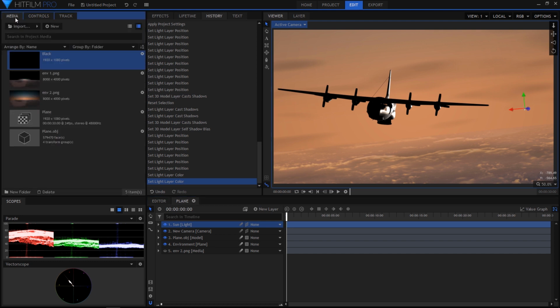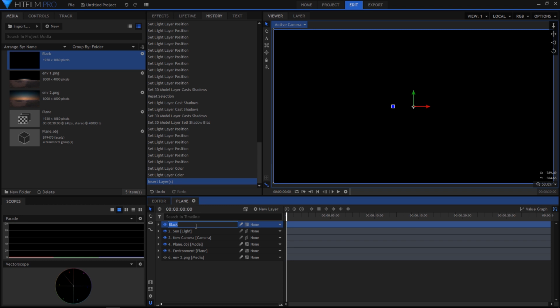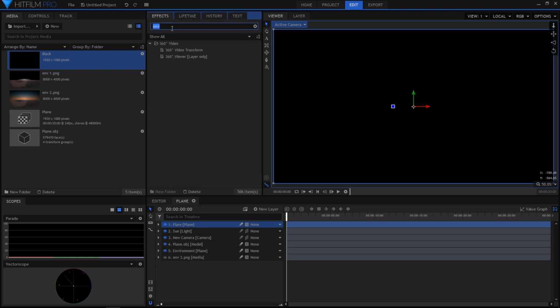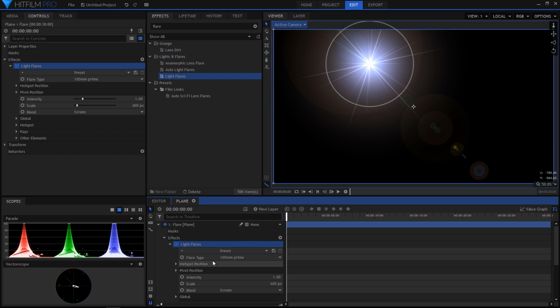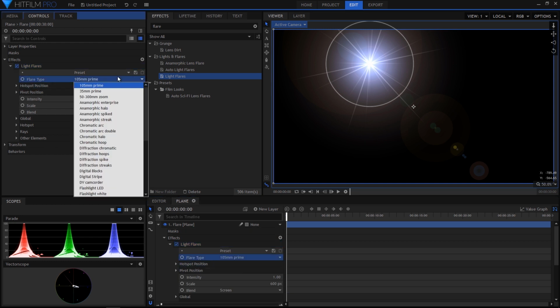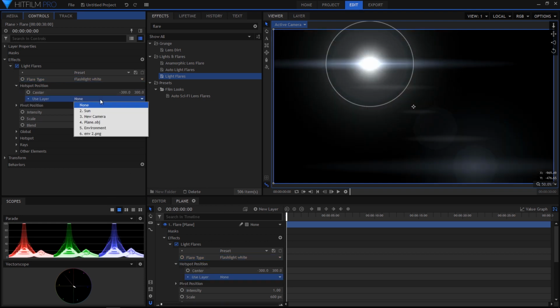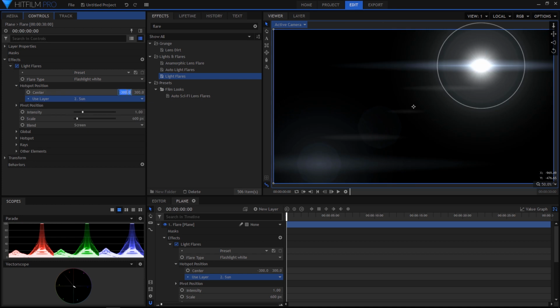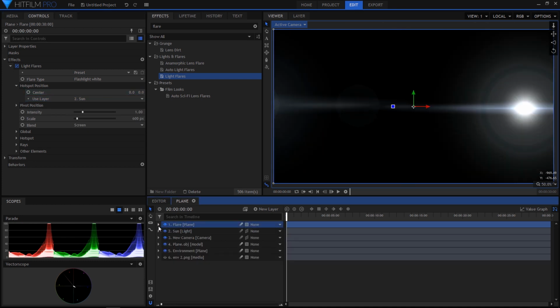Let's get back into our media panel and drag and drop the black plane onto the top of everything. Let's call this one the flare layer. Alright, let's put a flare effect on this layer. Light flares, controls. For the sun light flare, I will choose the flashlight white type and have the hotspot position at the sun. And let's reset the center to 0, 0, so it's actually where the point itself is too.